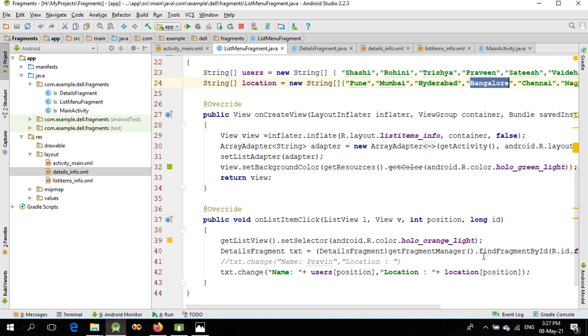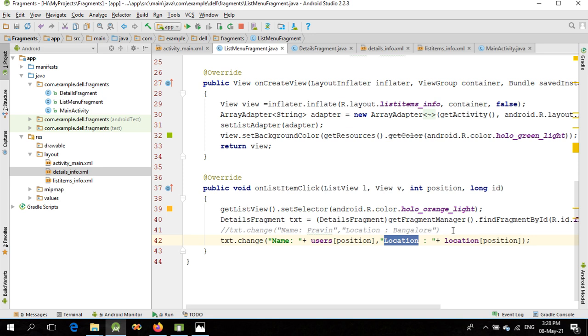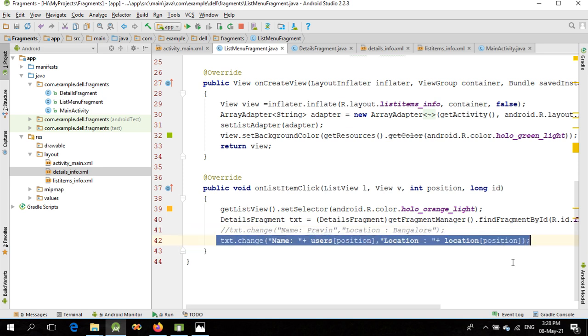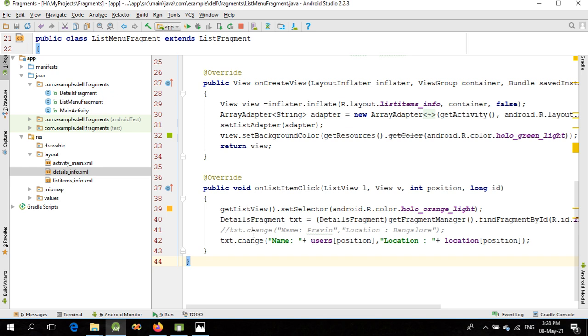So it will return this Bangalore text and concatenate it with this particular static string. So finally this particular function call will be interpreted like this one, means txt.change name colon Praveen comma location colon Bangalore, and